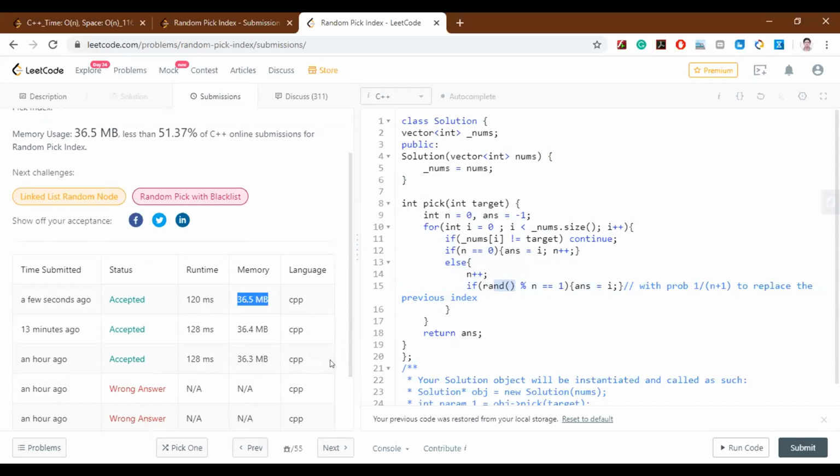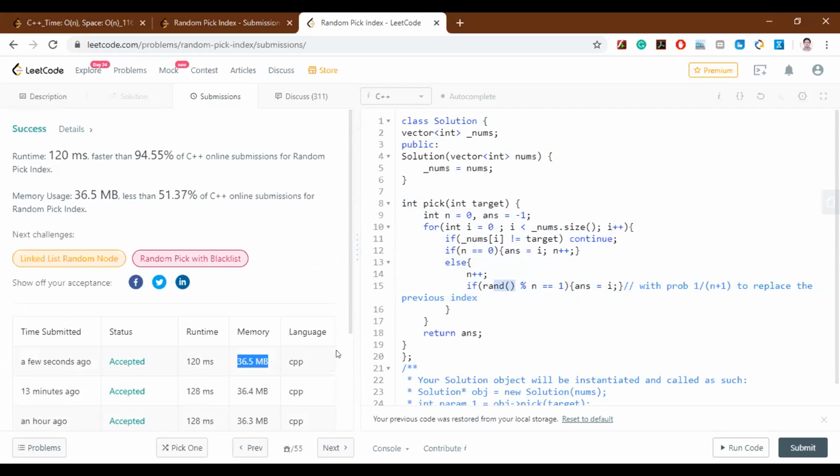No, the random function is just a function. It will not take the space. Yeah, but I don't know why it is. This is interesting though. Yeah, good one. Okay, that's a good one. Somehow magically it's working, but I'm not convinced with the solution.